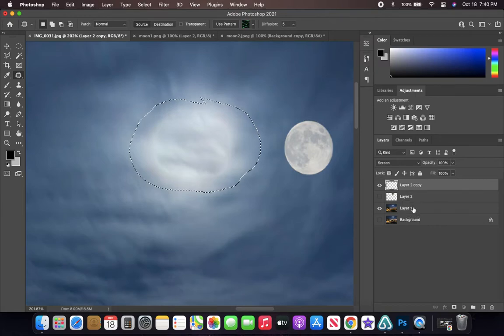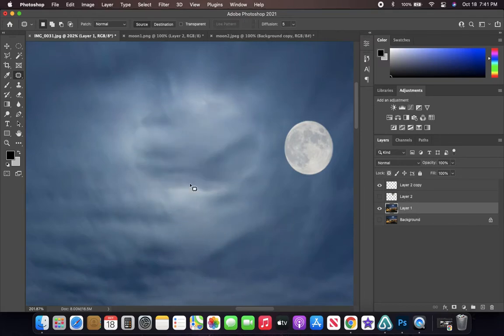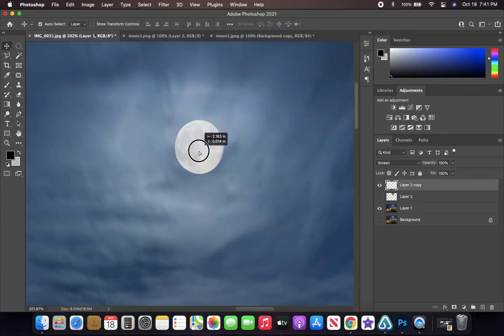Again, make sure you are selecting the correct layer. It'll look kind of funky if you play around with it, like it won't look so obvious what you did. I just like to cover it up. It's not so bad. But okay, so I can take the moon, I can put it right here where it